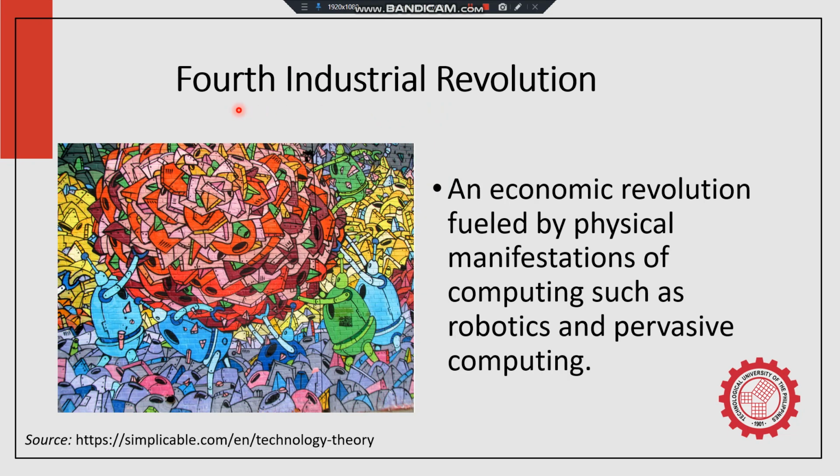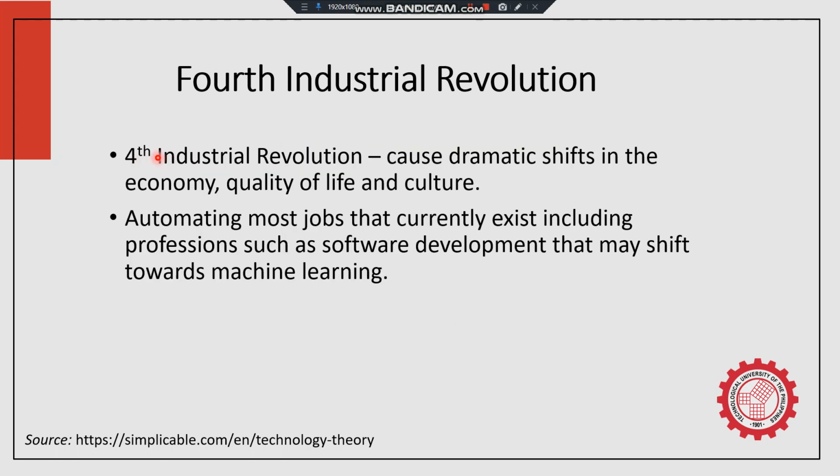Next is the fourth industrial revolution, no? An economic revolution fueled by physical manifestations of computing, such as robotics and pervasive computing. The fourth industrial revolution caused dramatic shifts in the economy, the quality of life, and culture. So, automating most jobs that currently exist, including professions such as software development, that may shift towards machine learning. Okay, and thus,